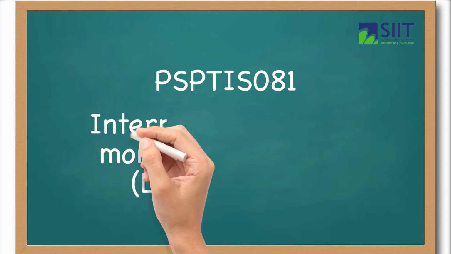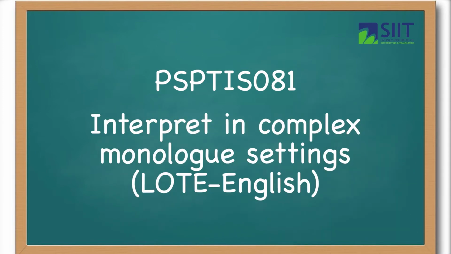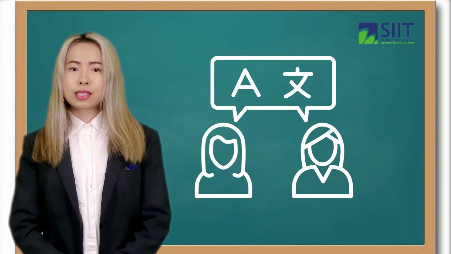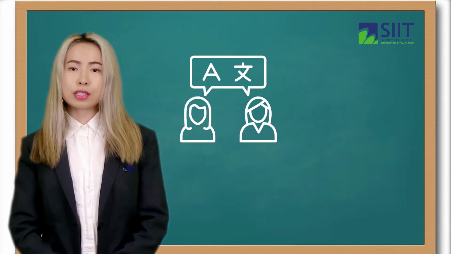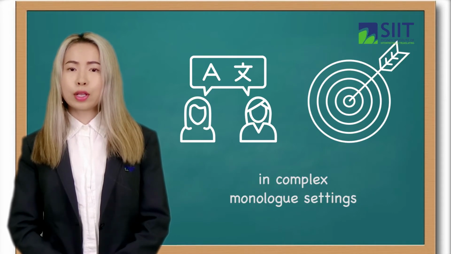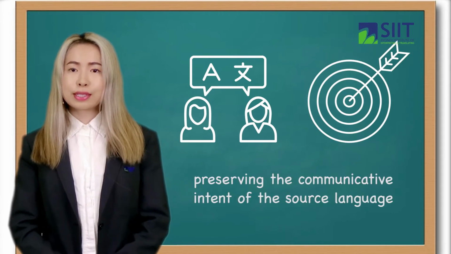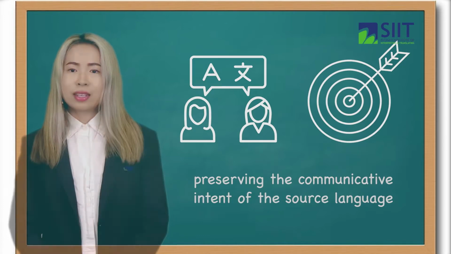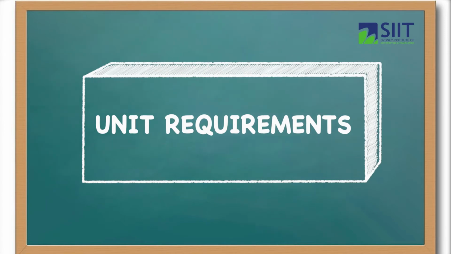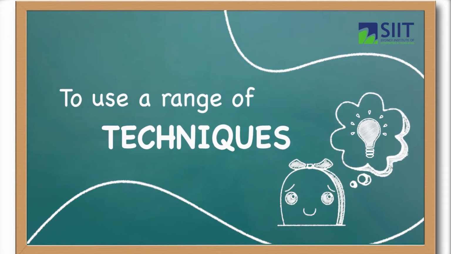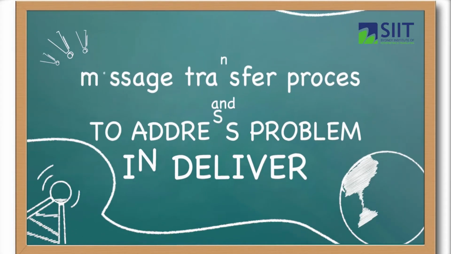PSPTIS081, Interpret in Complex Monologue Settings, from LOTE-English. This unit describes the skills required to interpret from a source language to a target language in complex monologue settings, preserving the communicative intent of the source language. The unit requires the ability to use a range of techniques to assist the message transfer process and to address